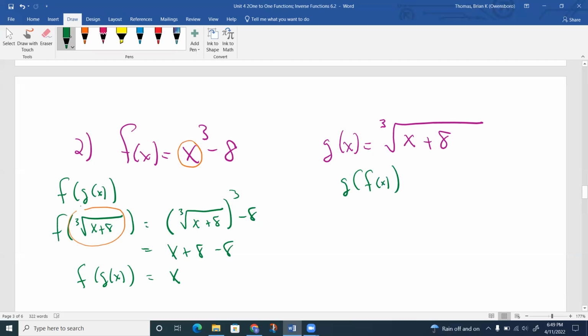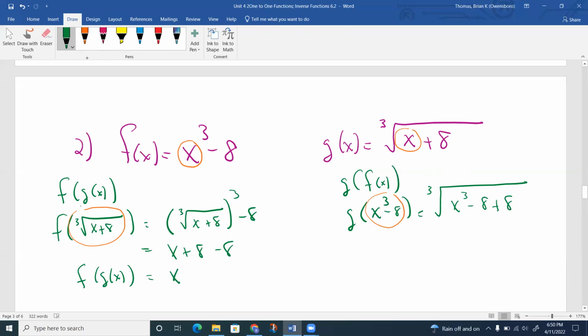So now we have to identify what f of x is. That's going to be x cubed minus 8. So this becomes g of x cubed minus 8. And note that this x cubed minus 8 has to go in for x here. So this now becomes the cube root of, and then I replace x with x cubed minus 8